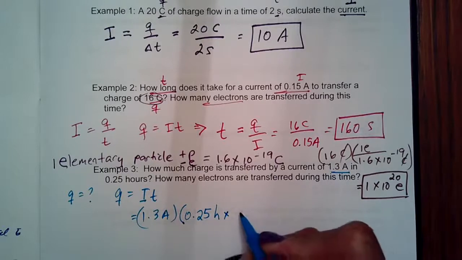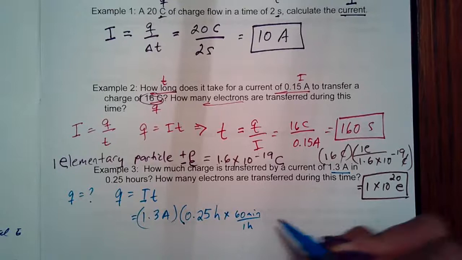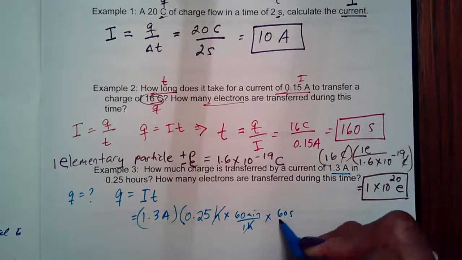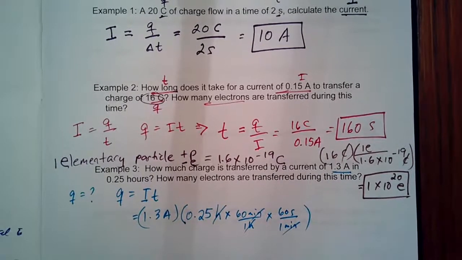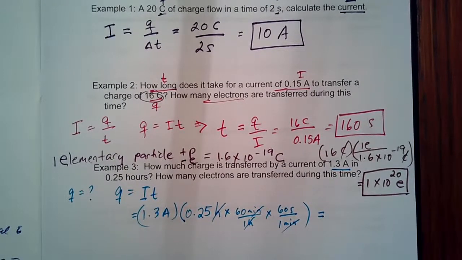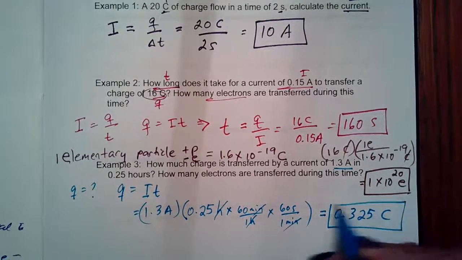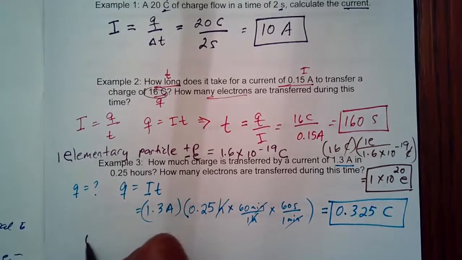convert this into seconds. So there are 60 minutes in 1 hour, and then there are 60 seconds in 1 minute. So again, we're doing unit conversions, and that is going to give you 0.325 coulombs of charge. So looking at how many electrons need to move to create this charge, so we go